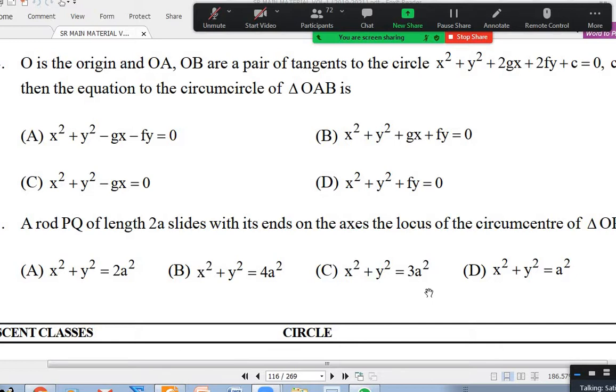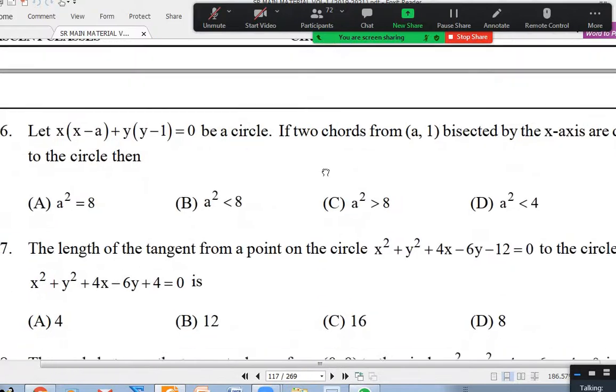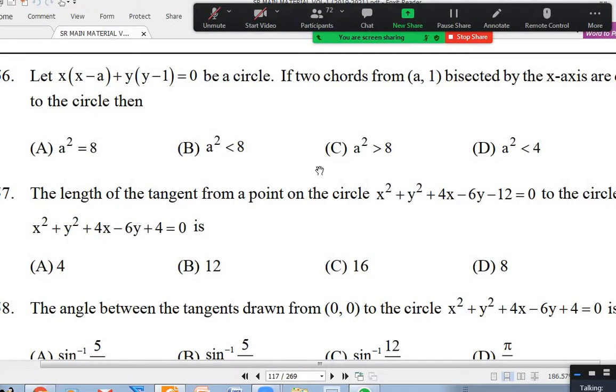How many of you tried up to question number 65 in the mains material? Sir, I tried. Sir, me. Okay, good. So this 55, you can directly say the locus of the center is that the midpoint is the circumcenter, meaning the midpoint of the hypotenuse, and that is also equidistant from the origin. Okay, 56 I would like to discuss.